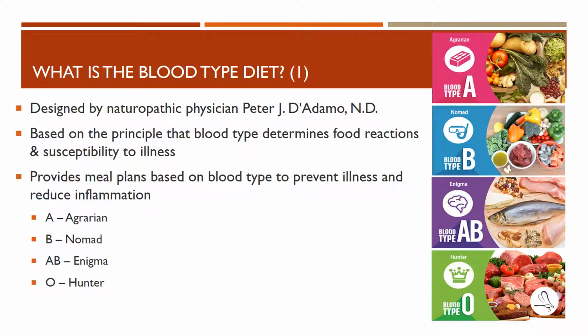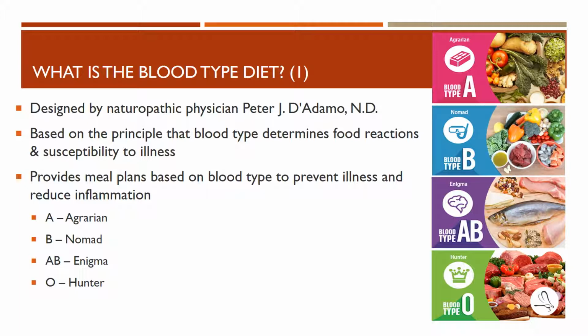So what is the blood type diet? The blood type diet was designed by a naturopathic physician named Peter J. D'Adamo. And he says that your blood type is what determines your food reactions and your susceptibility to illness. So in his book, Eat Right for Your Blood Type, he provides meal plans that are based on the 4 different blood types and says that if you eat according to your blood type, you can prevent illness and reduce